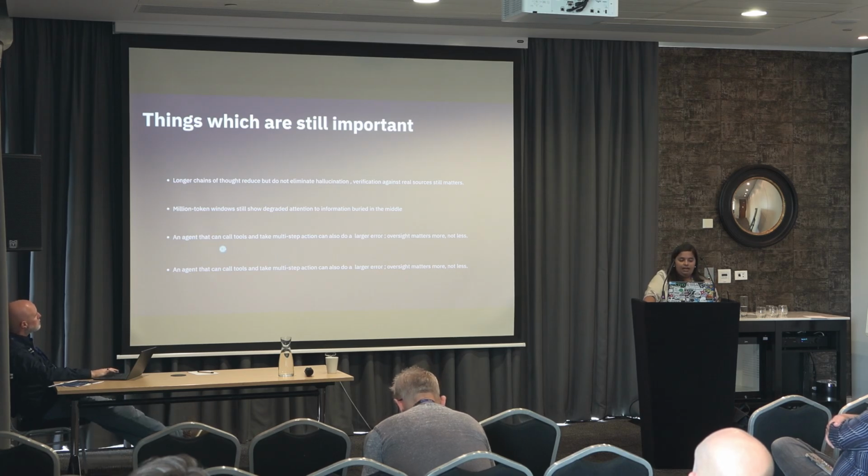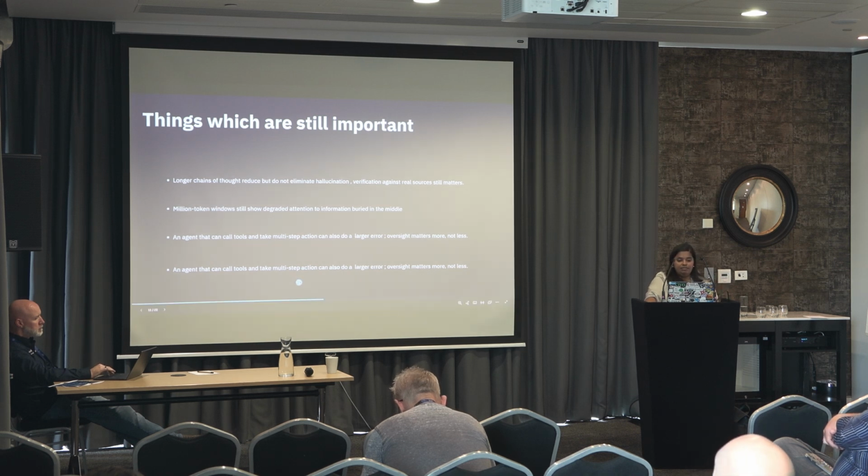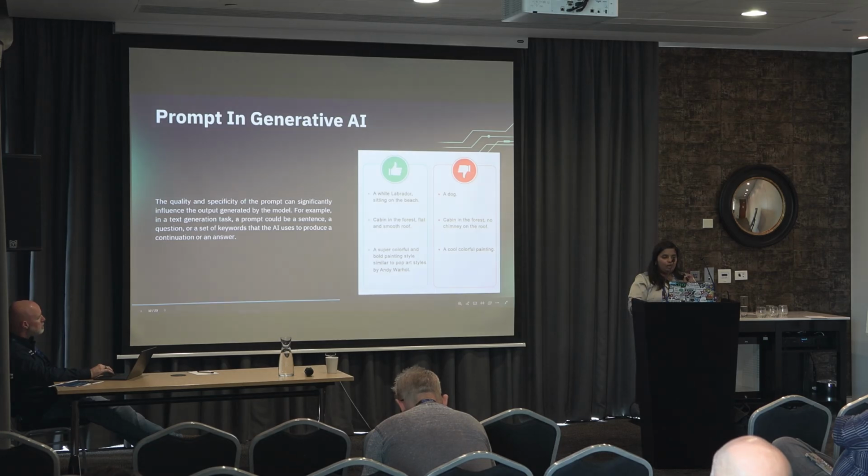The third one is about agents. Now oversight on how they perform actually matters a lot more, which means having accountability implemented in your system so that if somebody is building an agent, they actually know in which part of the process it has failed or not worked. And then lastly, taking multi-step actions, basically making sure that whatever agents you are building are reliable in the process. Now let's talk about prompts.